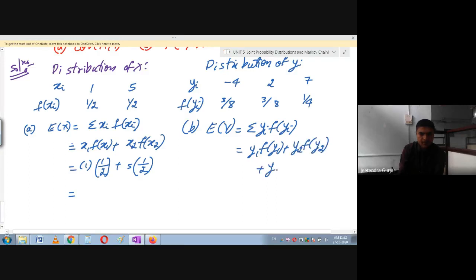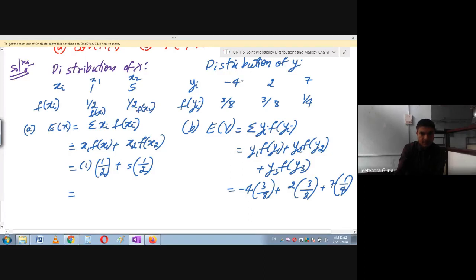So here 3 are there. So I'm going to take y3 f of y3. So if you just substitute both the values, you can try, students. Okay, just substitute the values. I think you have come across this now. This is our x1, x2. This is f of x1, f of x2. Similarly, this is going to give you y1, y2, y3. Please substitute the values. F of y1, f of y2, and f of y3.